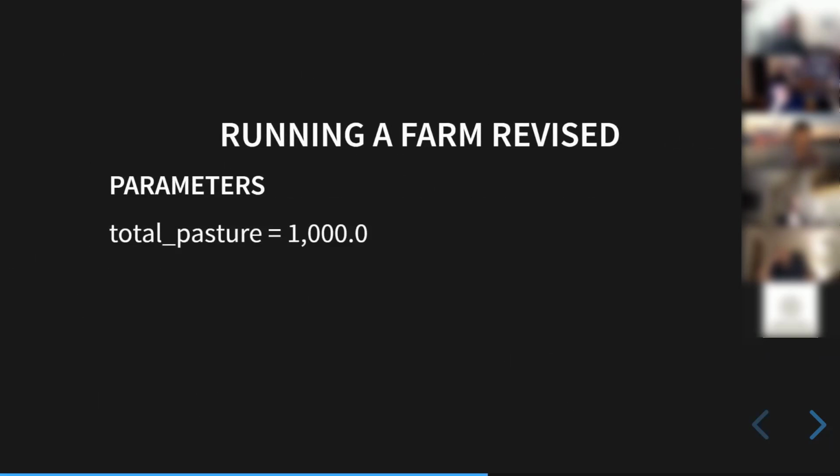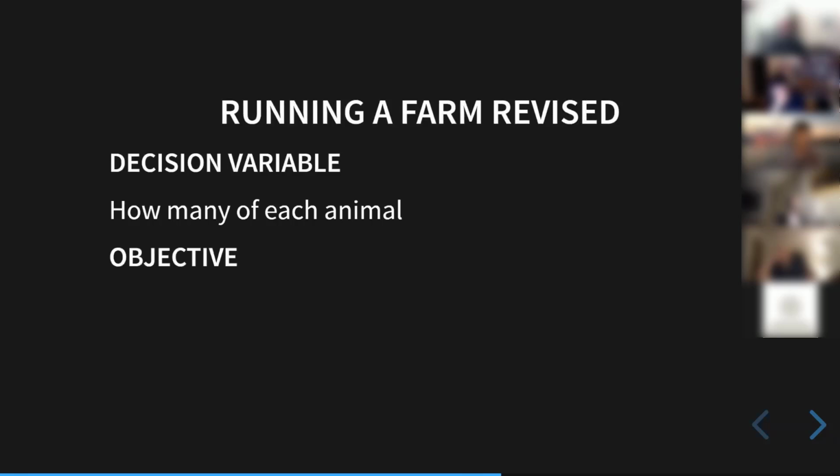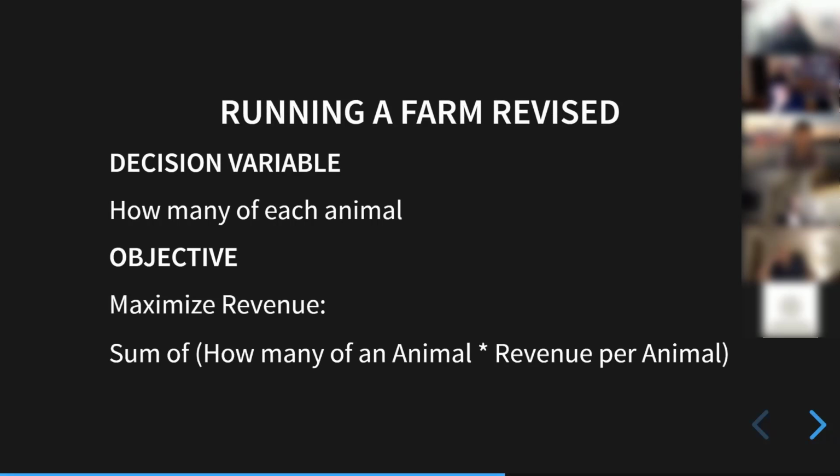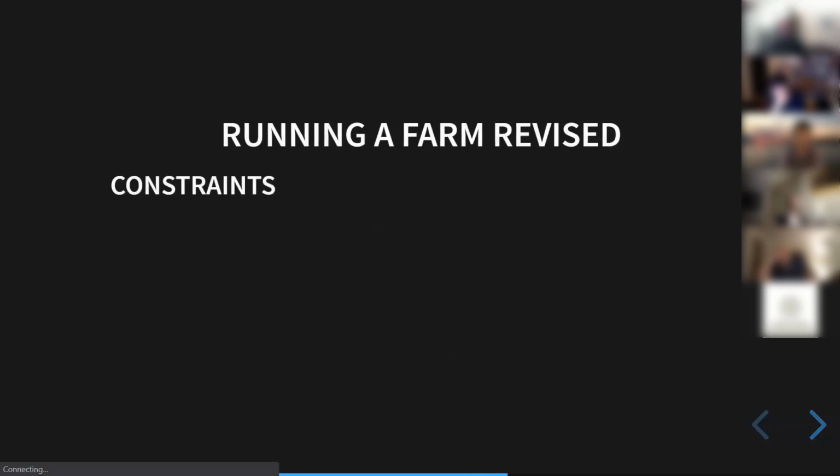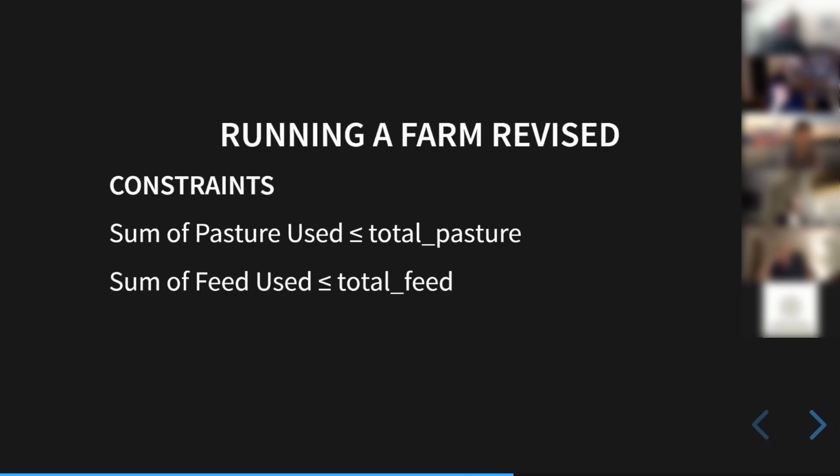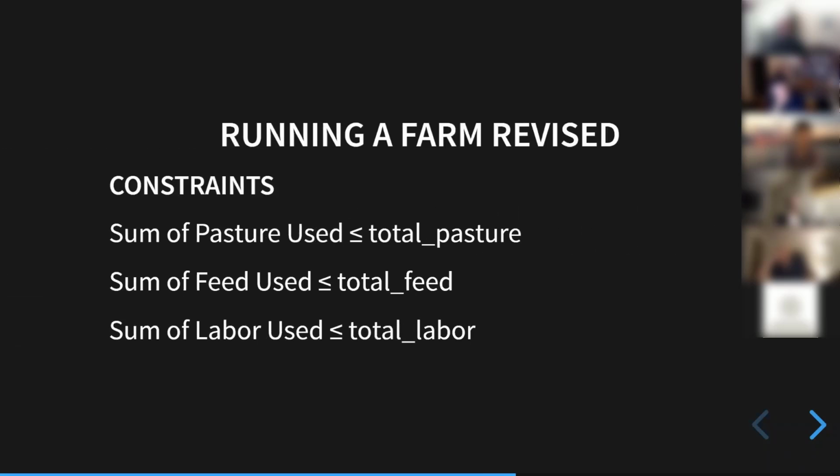My parameters also include the total amount of pasture available, feed, and labor. My decisions are how many of each animal. I still want to maximize revenue, but I'm now going to make it something that scales with the number of animals. And my constraints are the same, with the sum of the pasture, feed, and labor having to be less than or equal to the totals.